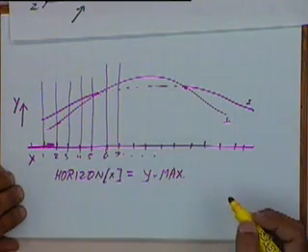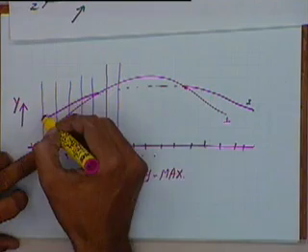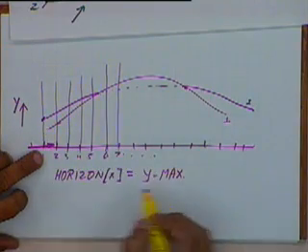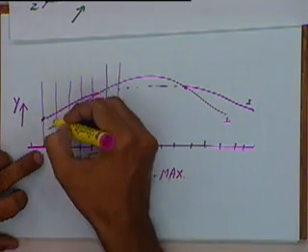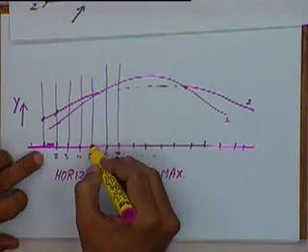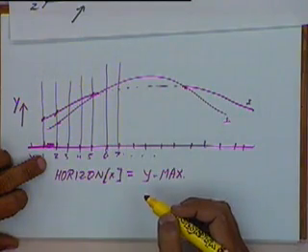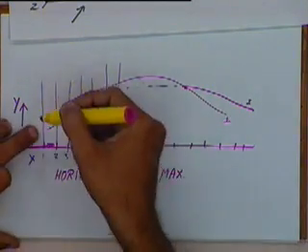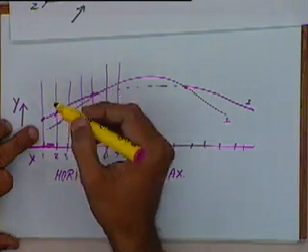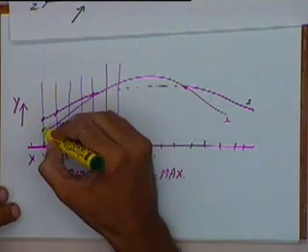Let us say the horizon at 1 will store the current y max value, which is this. Horizon of 2 will store the y max value, which is this. The horizon at 5 will store the y max value here. And when I am drawing the next curve, let us say my next curve is like this,